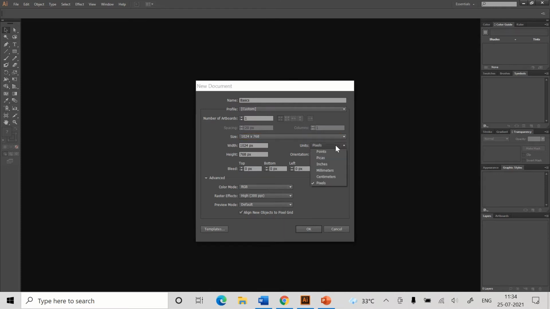And at this particular place you can see units. Now units are available in points, picas, inches, millimeters, centimeters and pixels. So whatever you feel comfortable with as per your requirement, you can select accordingly. Mostly I am going with pixels mode. Then we have the orientation of the page, like landscape mode or portrait mode, and then we have some